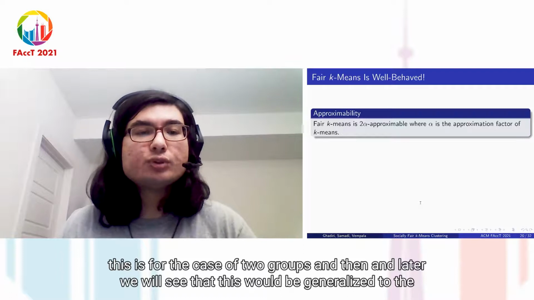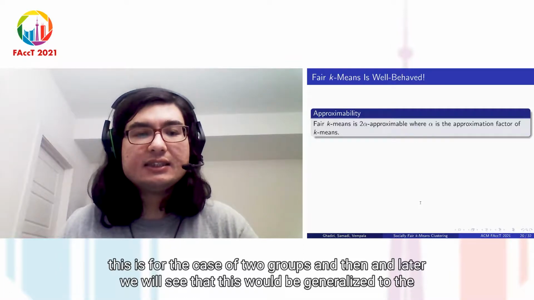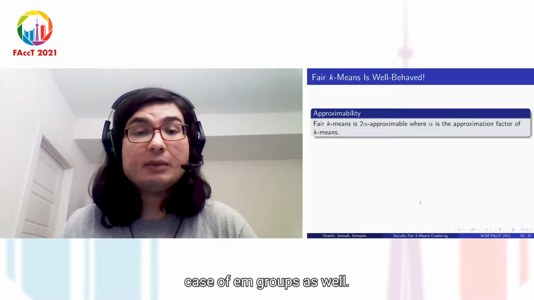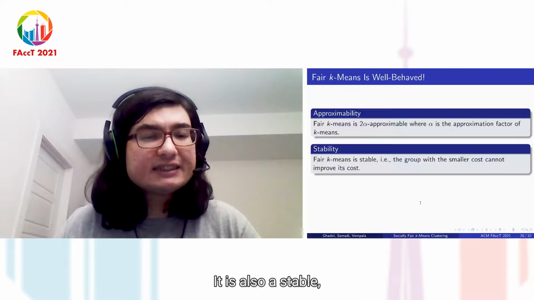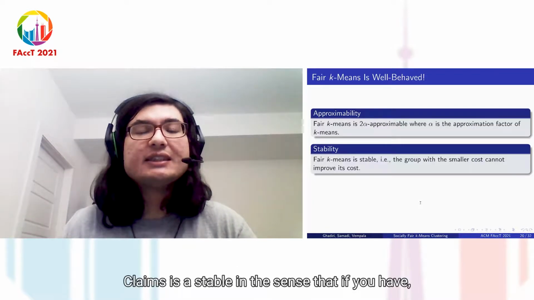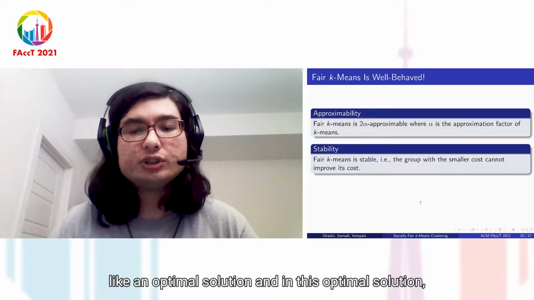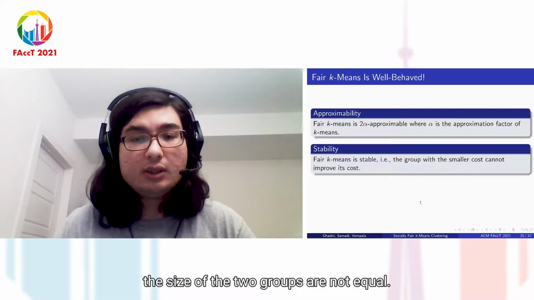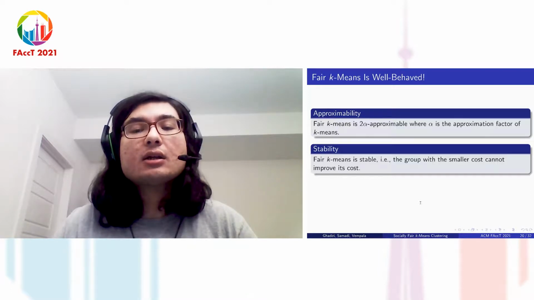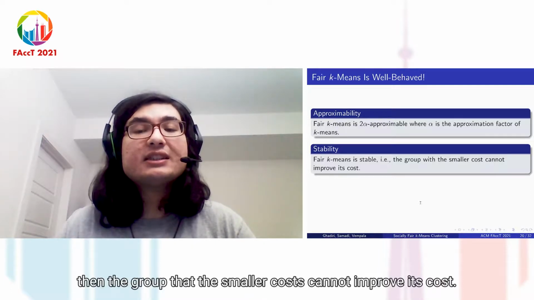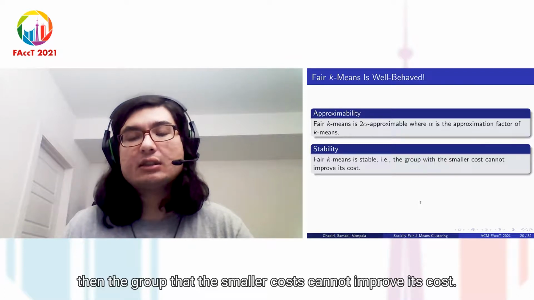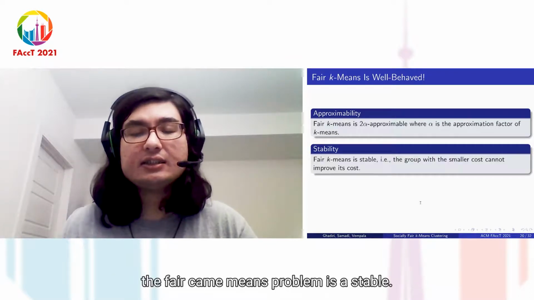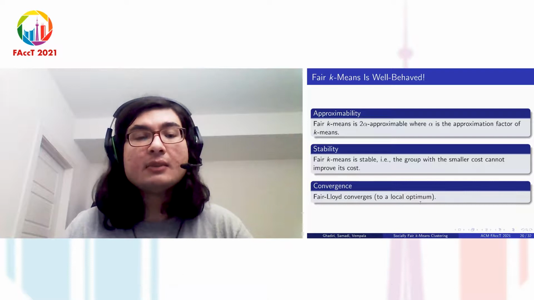This is for the case of two groups, and later we will see that this would be generalized to the case of m groups as well. It is also stable. Fair k-means is stable in the sense that if you have an optimal solution, and in this optimal solution, the size of the two groups are not equal, then the group with the smaller cost cannot improve its cost,